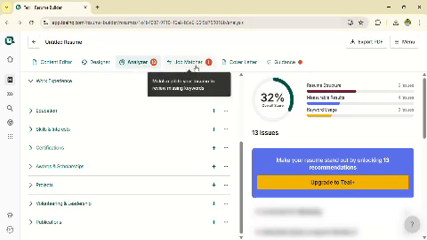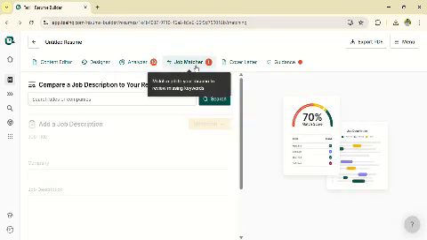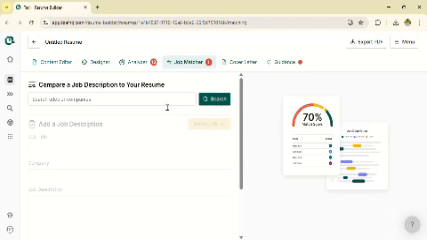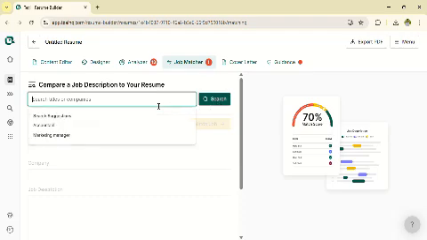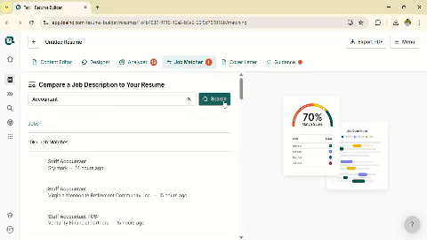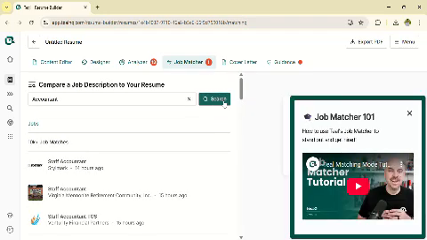And then job matcher, in this section, you can compare a job description to your resume. So let's say accountant, and then search. The best thing about this AI is you'll be able to find jobs with it. So let's say this, then you match a job,